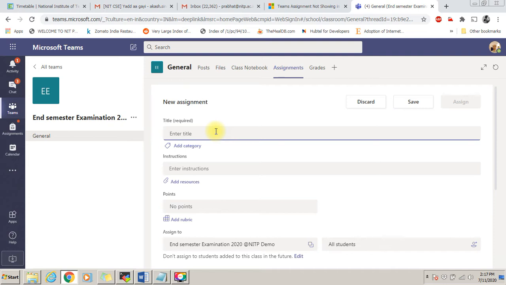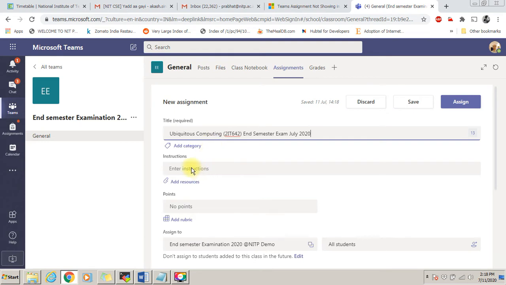So let us say I am entering ubiquitous, and the subject code for the same YT642, the 10th semester exam July 2020. So you need to enter the title of the exam which you will be taking here.